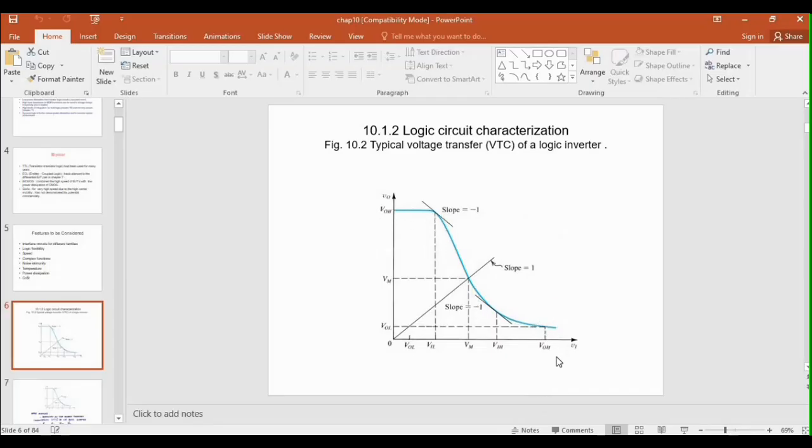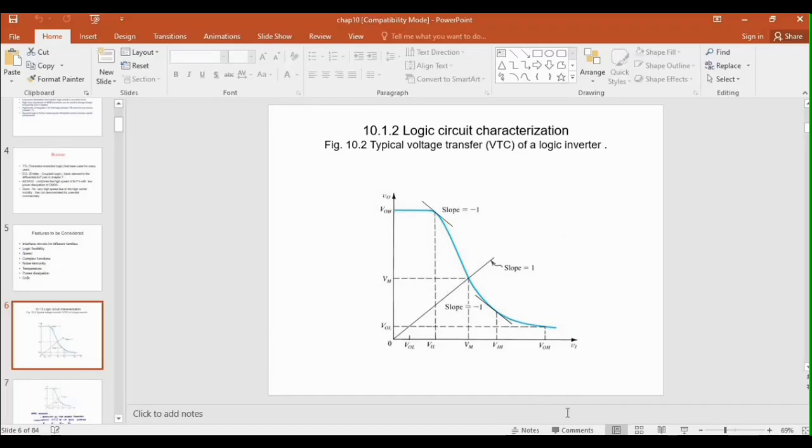We're going to measure VOH, VIH, VIL, VOL in order for us to solve for the noise margin. Later on, I'm going to show you the formula for the noise margin. So now let us try to get the values using our simulator. By the way, you also need to install LTSpice, so we'll be using it later on.